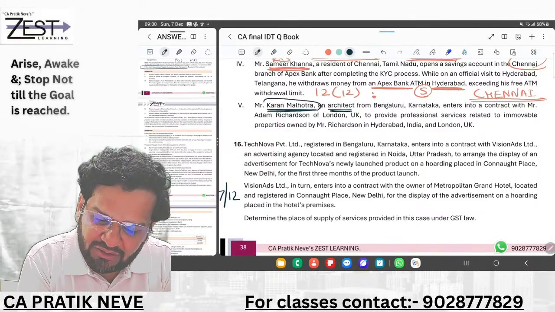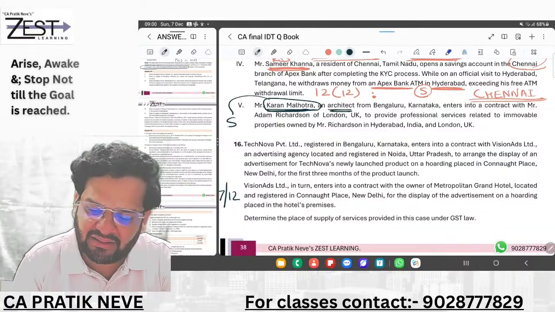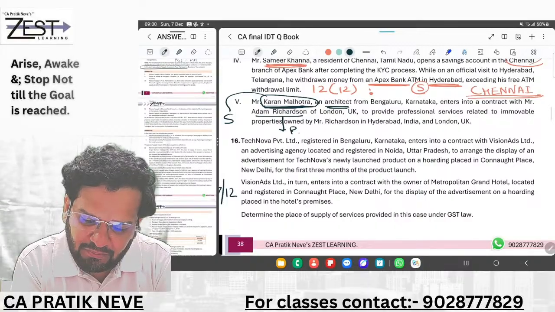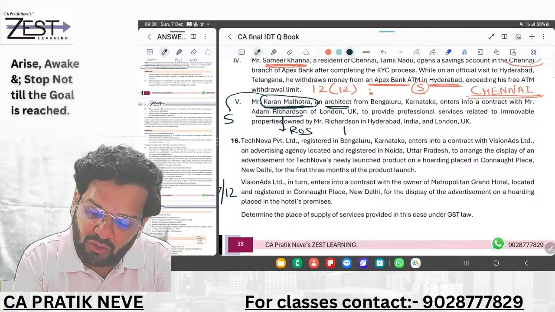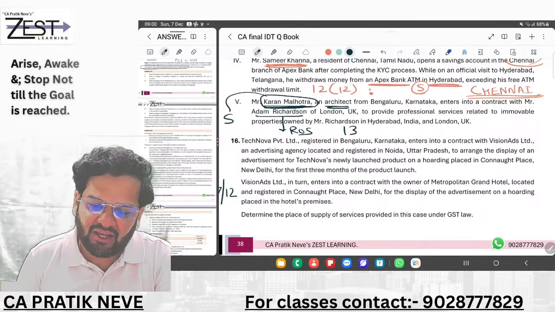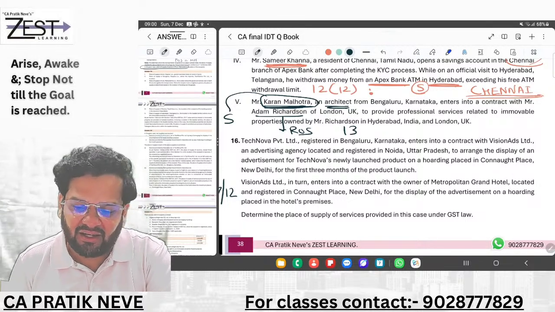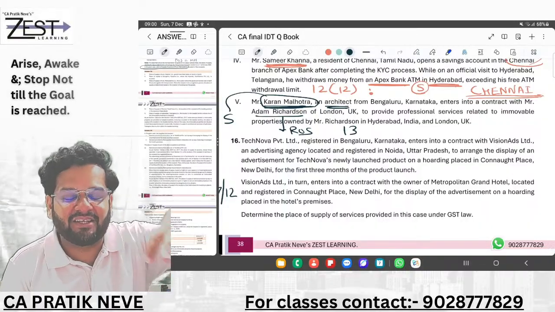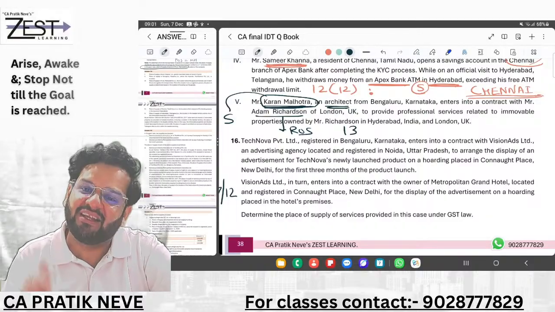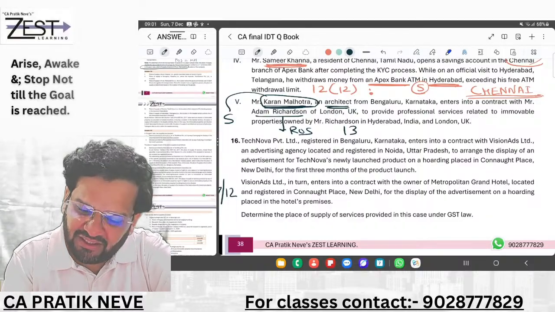So Karan Malhotra is the supplier and Adam Richardson is the recipient of supply. You'll have to go to section 13 for deciding the place of supply because the location of supplier is in India and the recipient of supply is in London. So basically section 13,